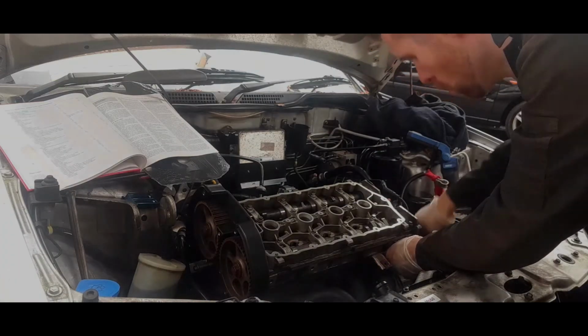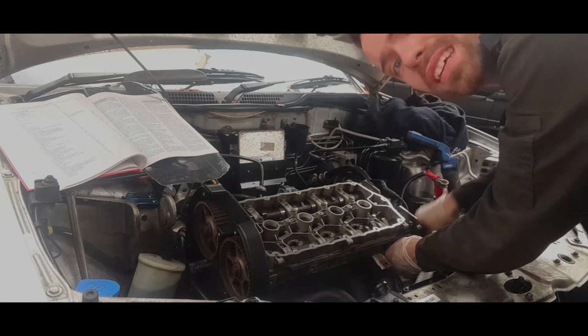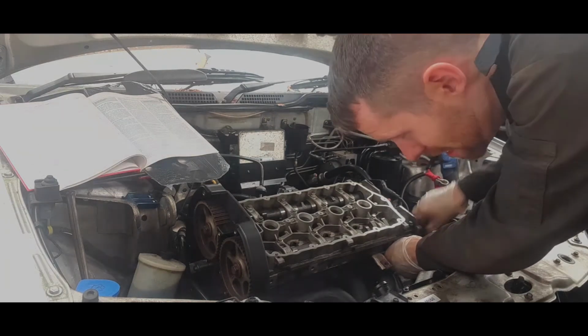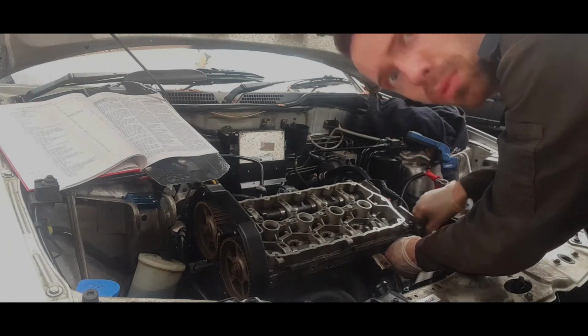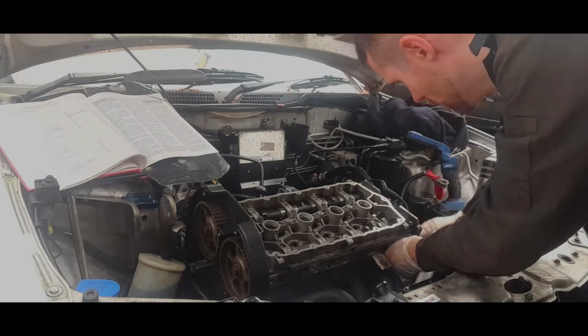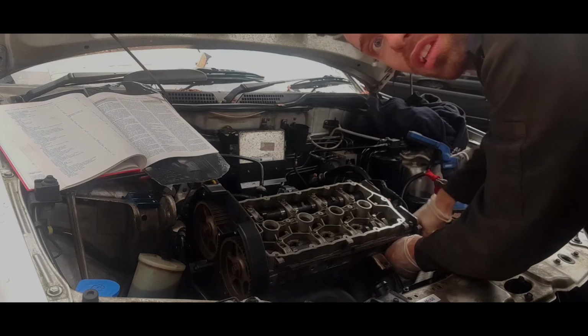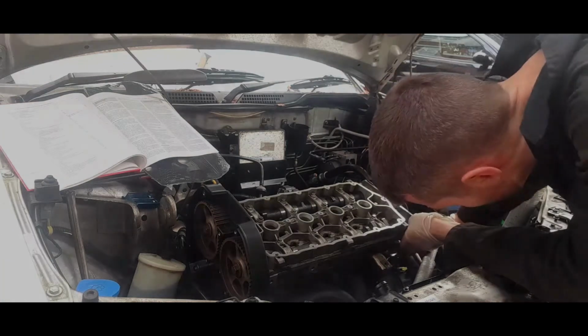Just tightening all the bolts up. If you want to torque them up, 45 Newton meters, that says the book. We'll see if that's possible, because sometimes you just can't get access with a torque wrench. It's all good in the factory when it's all done before it goes in the car, but on the car it's like,